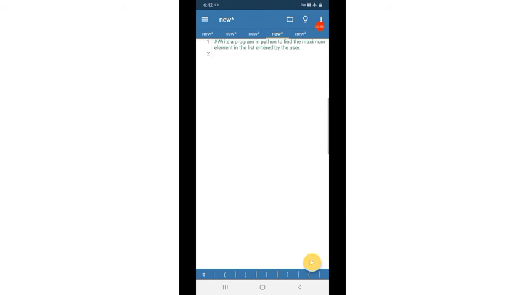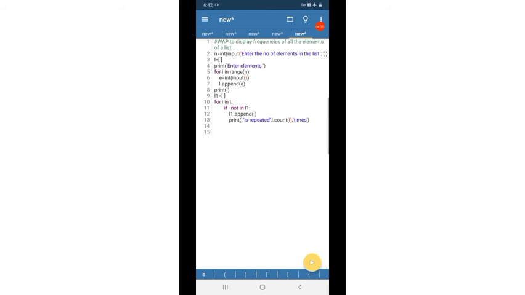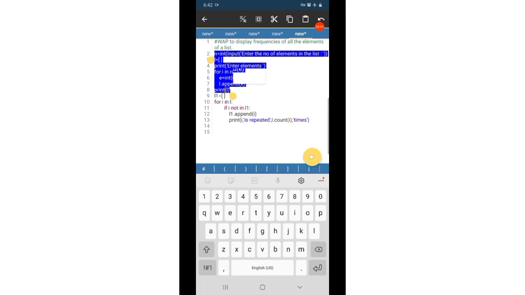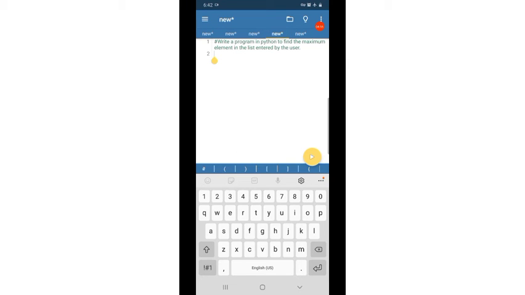So next program is to write a Python program to find the maximum element in the list entered by the user. For that also, we use the program to enter and print the list. Copy it. This is the program to enter the values in the list at runtime and to display it.